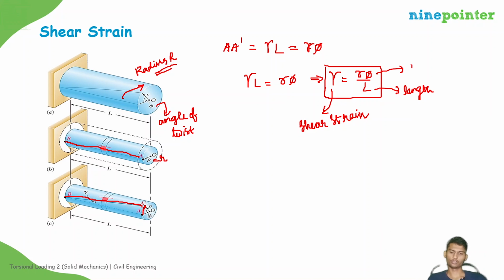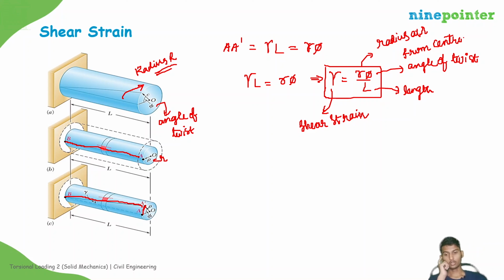This is angle of twist. This is radius. Right? So what will be the gamma max? Gamma max will be equal to r max, right? r max is R, so R phi divided by L